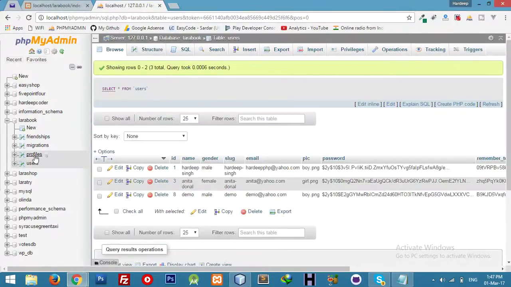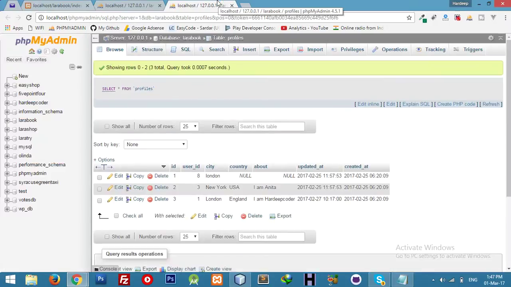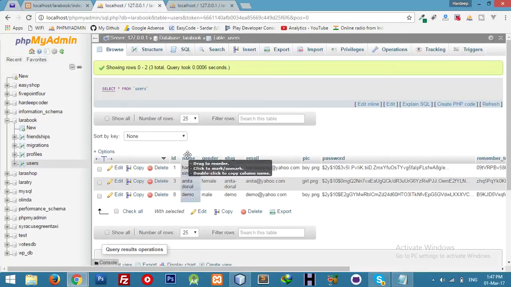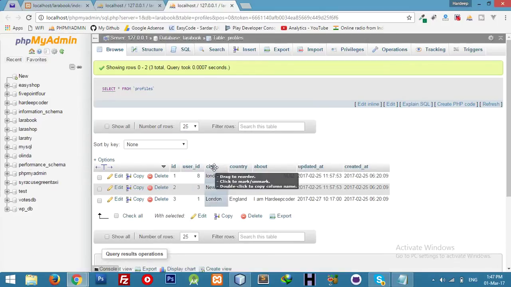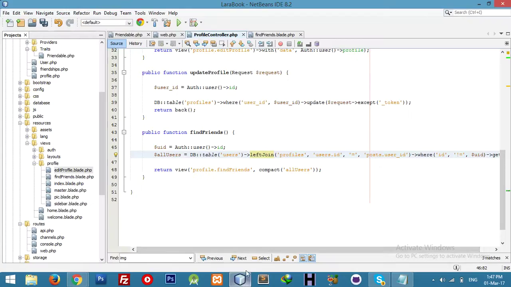Just open here profile table. We will communicate between these two tables. Here we will take user id and here user underscore id. Okay, here profiles, yeah, right,